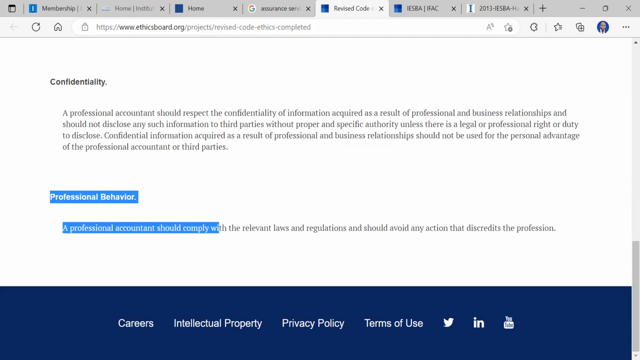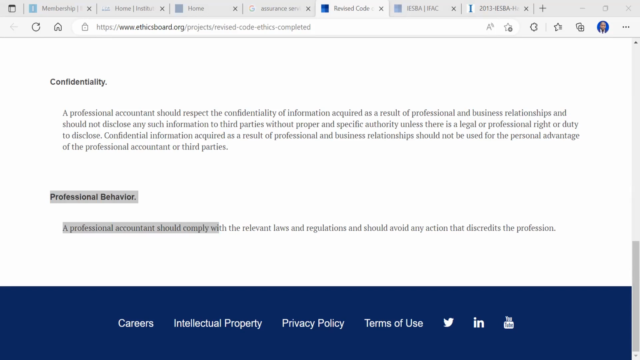And then we have the last one, which is called professional behavior. Professional behavior says the professional accountant should comply with relevant laws and regulations and avoid any action that discredits the profession. A professional accountant should comply with the relevant laws and regulations and should avoid any action that discredits the